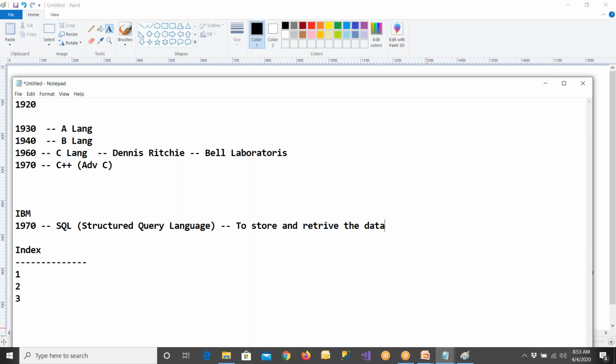Knife is just the C language. C language cannot be implemented everywhere. I wanted to shave the beard, so that is where we can use a small blade. The blade-like language is SQL, a very small, tiny language, a very beautiful language. Anybody can learn it very easily. Even though you're not an IT professional, you should still be able to learn. You're a non-IT person, you should learn a language called SQL, structured query language. The RDBMS database management system is going to be implementing this.